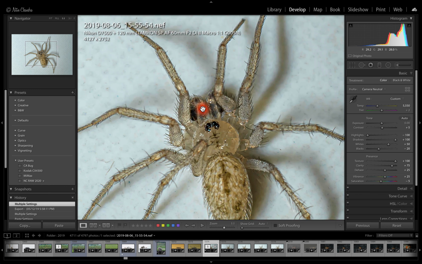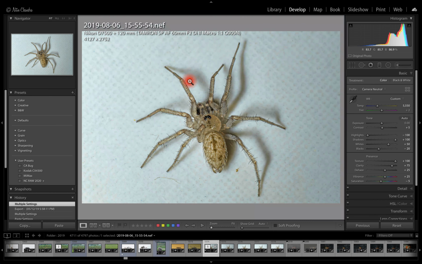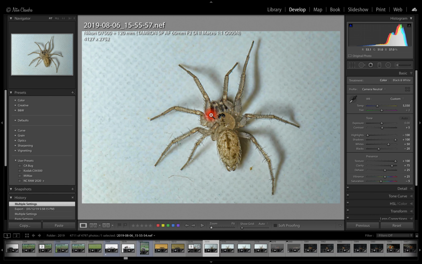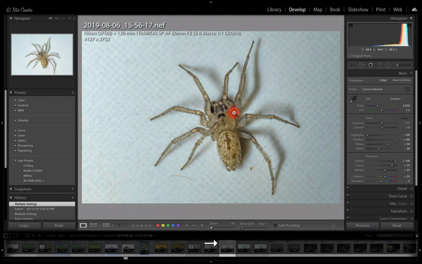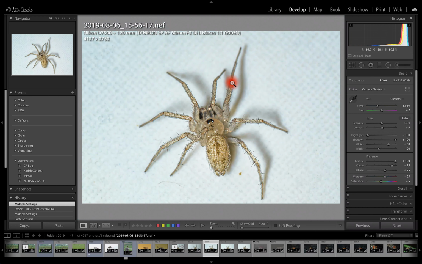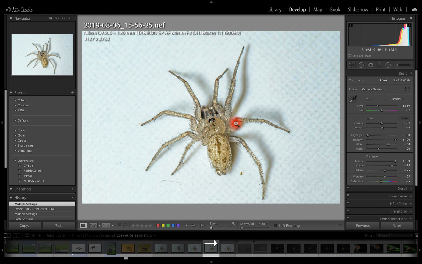Now in this case, if you notice, there is some focus missing on the top. This one is more focused right on the top. In this, the leg is gone, but the hair on the top is more in focus, and so on.